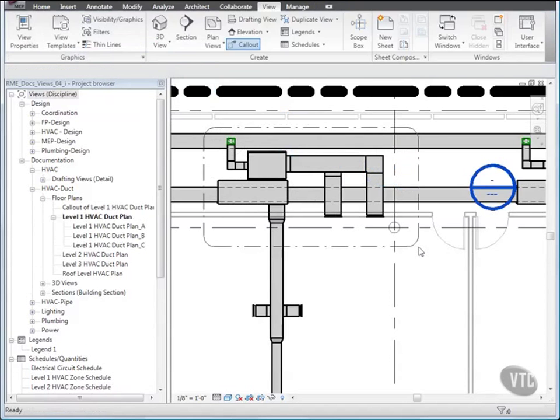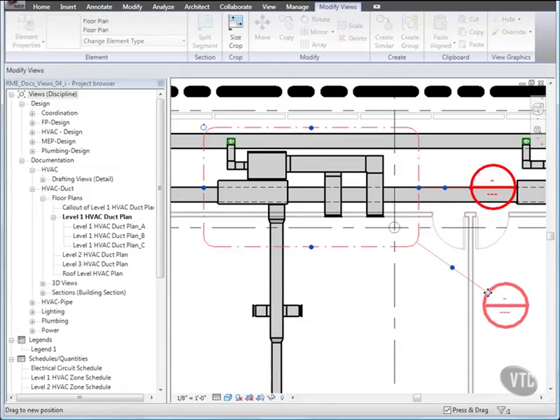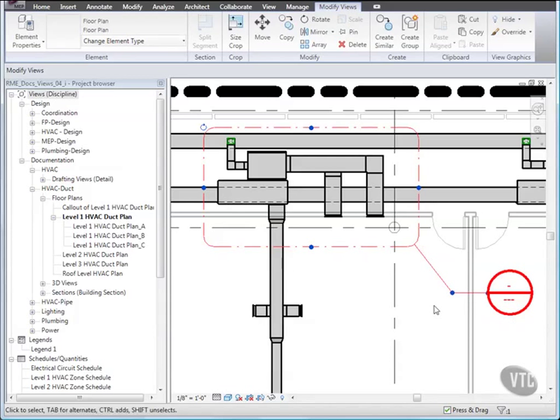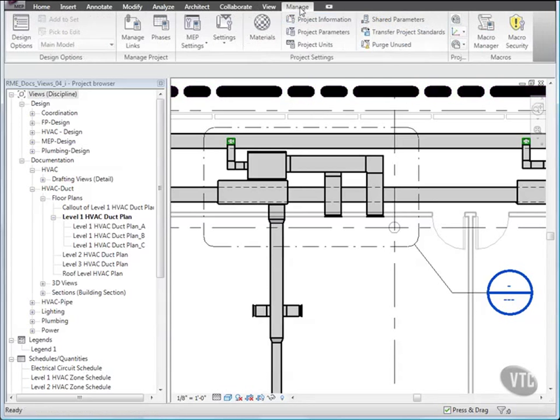To modify the callout leader, select the callout boundary. Then click and drag the Drag Head control as shown and move it. And then to create an angled leader line, drag the drag control located at the center of the leader as shown. Then press Escape, and to modify the callout boundary line weight, click the Manage tab, click the Settings drop-down,